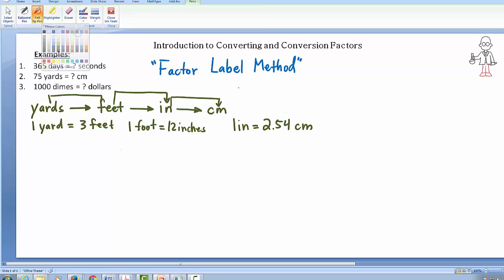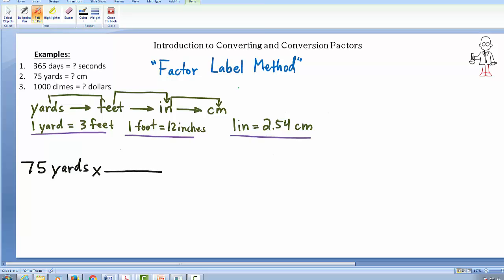So these are the 3 equalities that we will use to convert yards to centimeters. So this factor label method, again, we start with 75 yards,